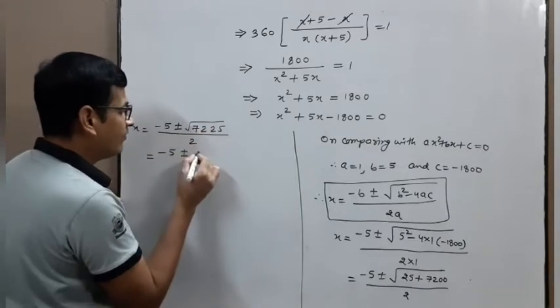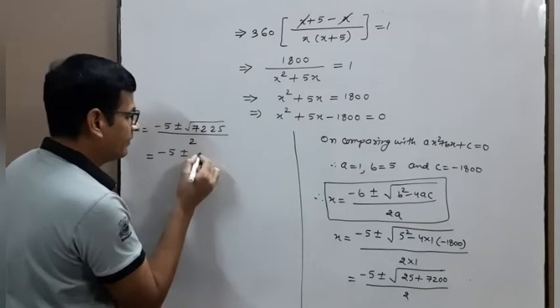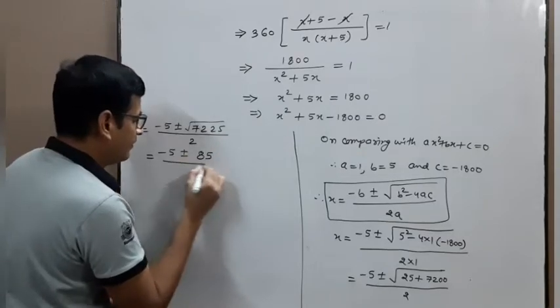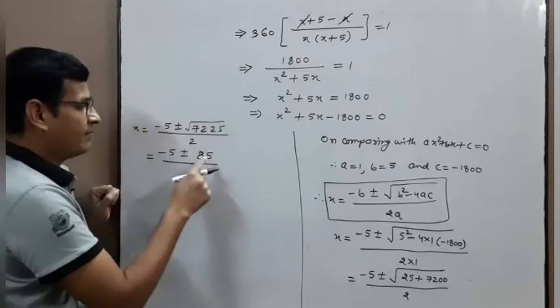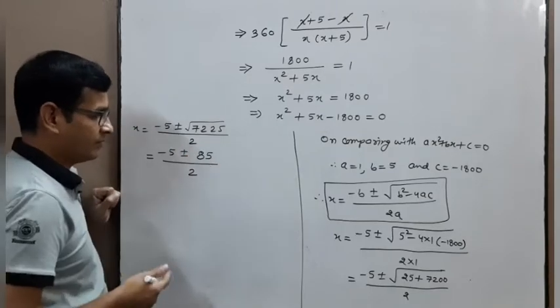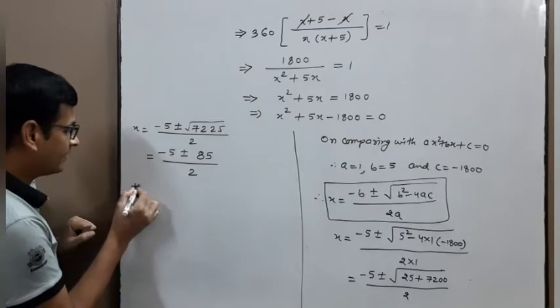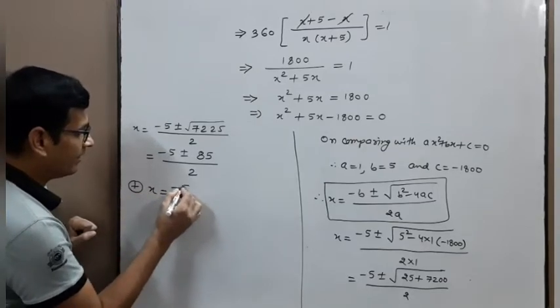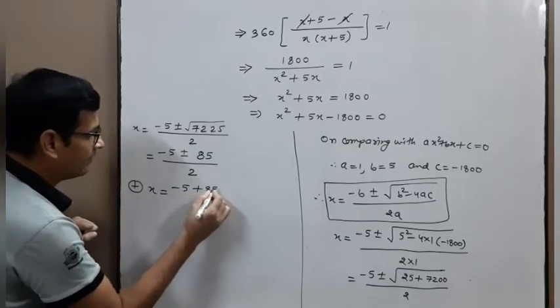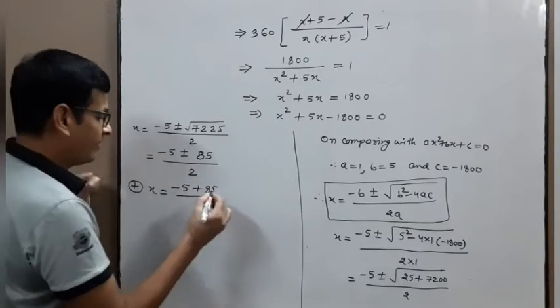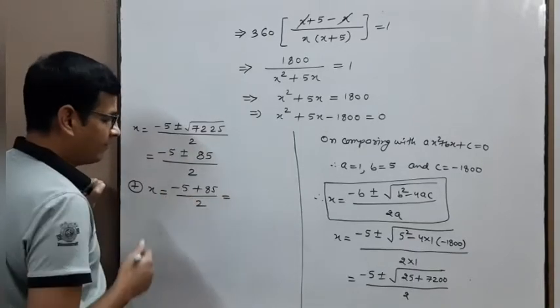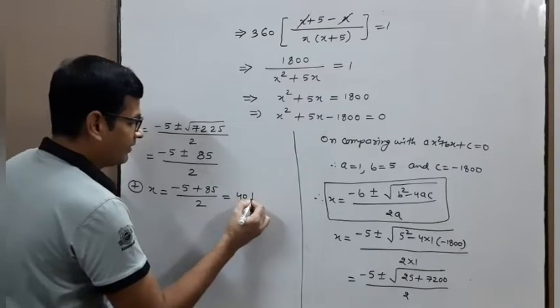This is square root of 7225, which is 85. Next step, taking plus sign. So x equal to minus 5 plus 85 upon 2, which is 80 upon 2, that is 40